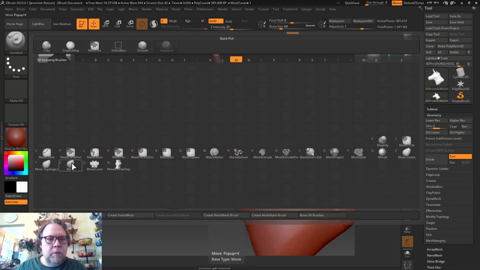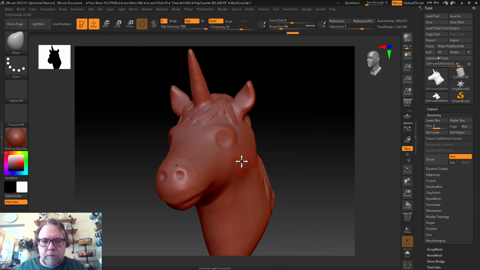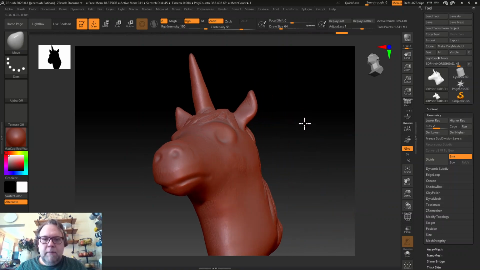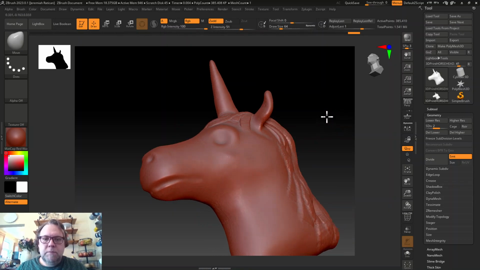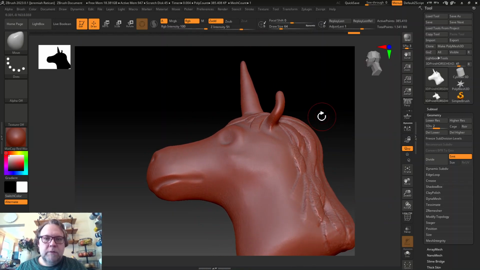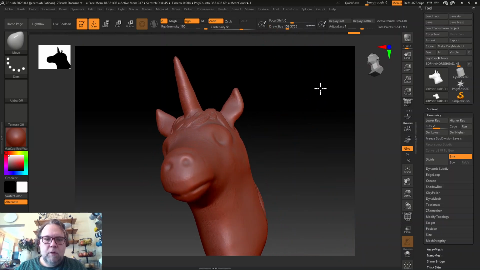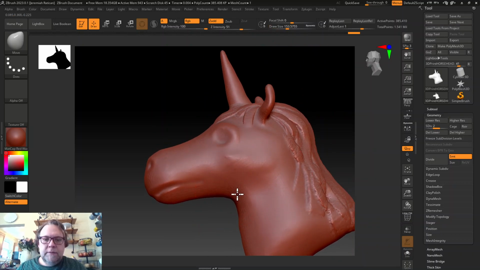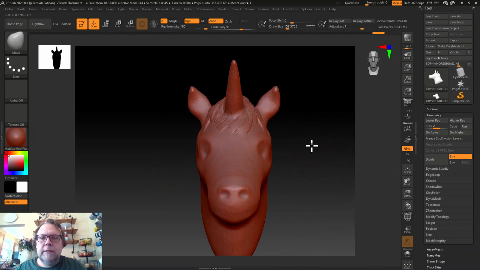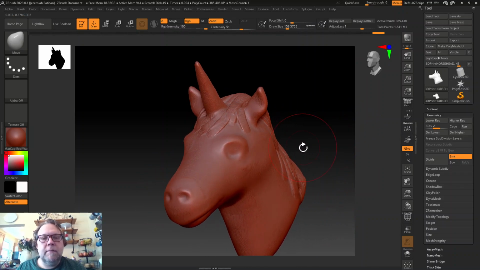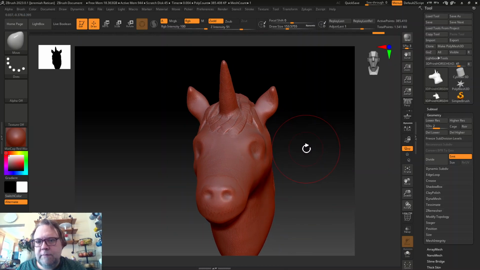So you can go to the Move tool if you want to use the Move tool, which again is probably one of the best tools for editing and modifying. And I'm just holding down Shift to smooth it out. That's one of those key commands you kind of really have to work with. Now you'll notice the interface is a little different. It's not just like ZBrush Core Mini, but most of the items are in the same spot and work kind